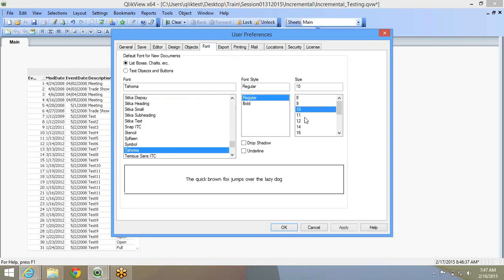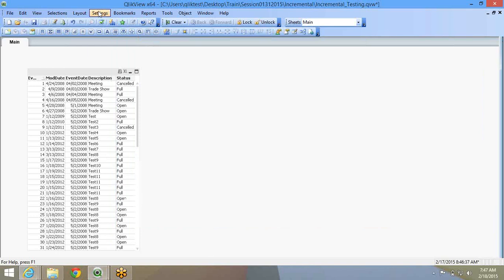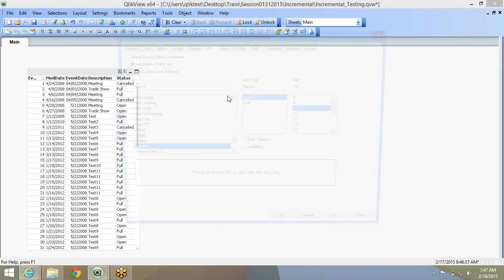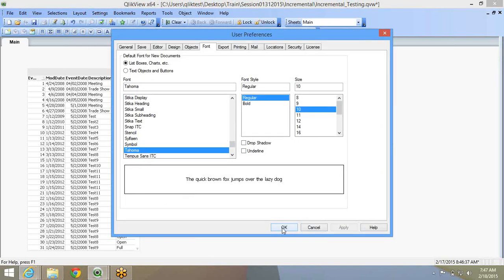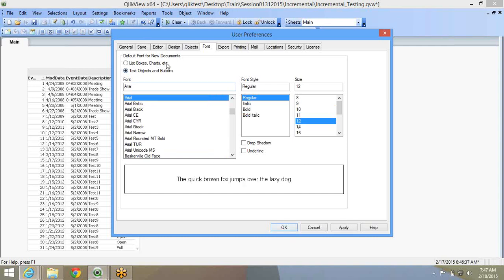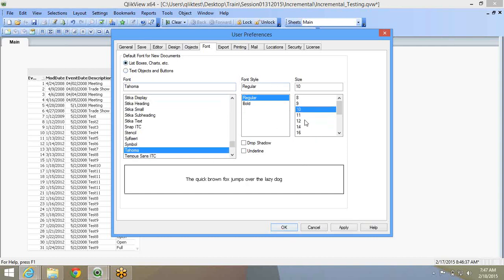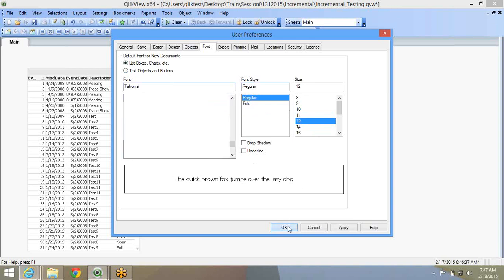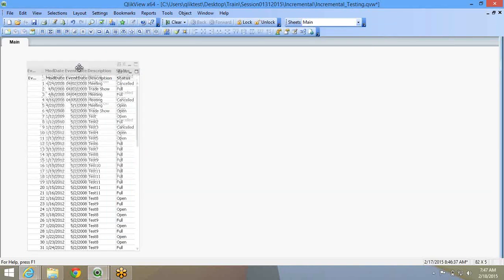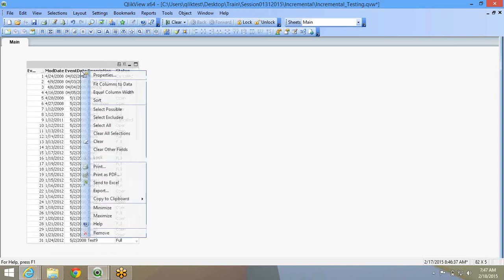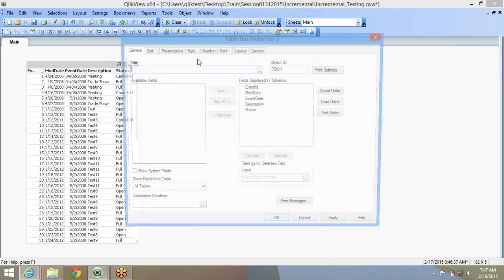Here we change the font. It was fine. Yeah, here it is based on every chart object.